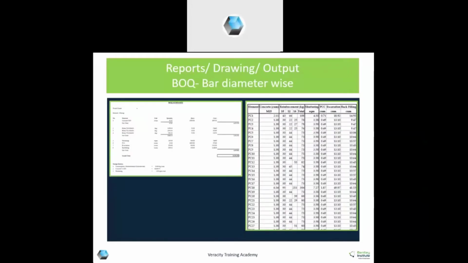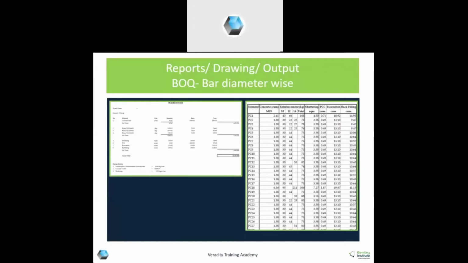This also is a very good feature of RCDC, POQ. Otherwise, it takes a lot of time to find out the detailed quantities and the BBS.